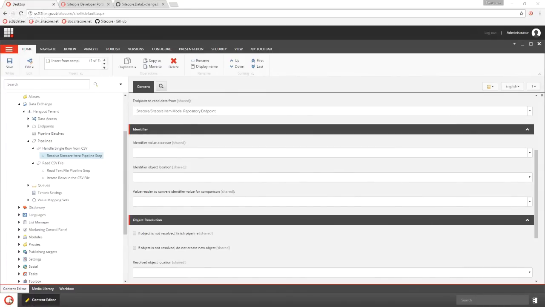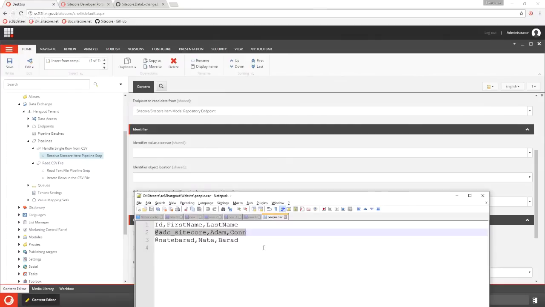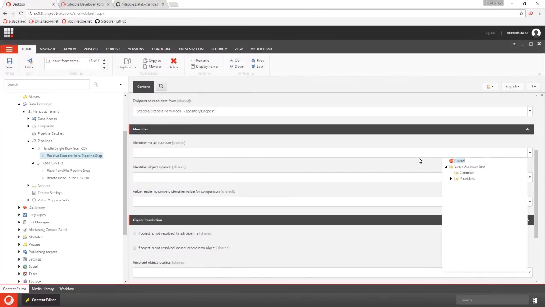The only data we have to work with is this data here. So I'm going to use the ID, the identifier, as the primary key for the Sitecore items. Okay, so for the value accessor, I'm going to read the ID value from the file.